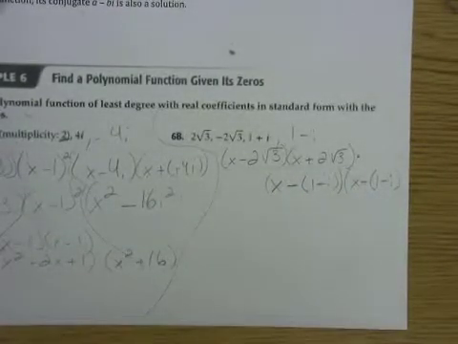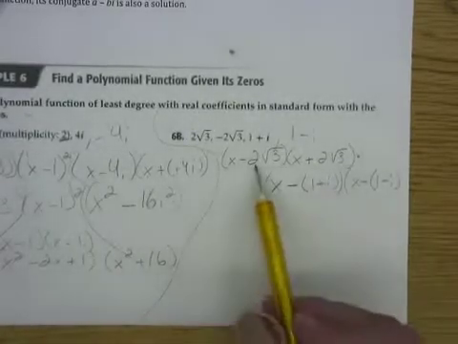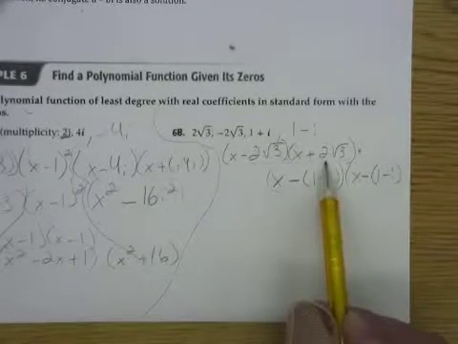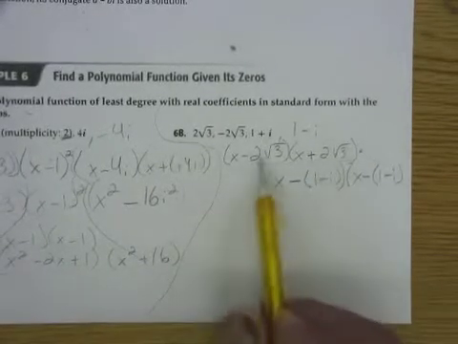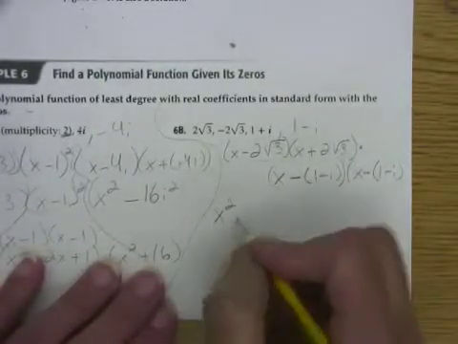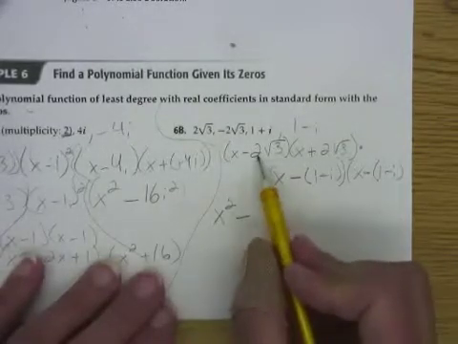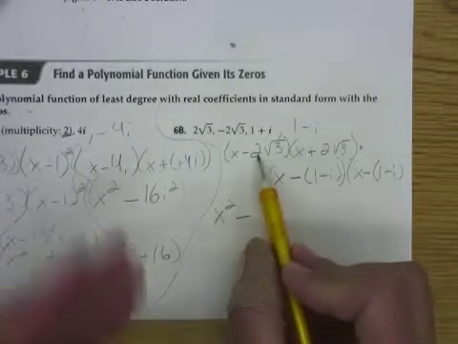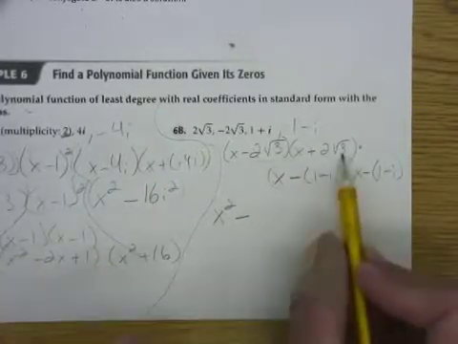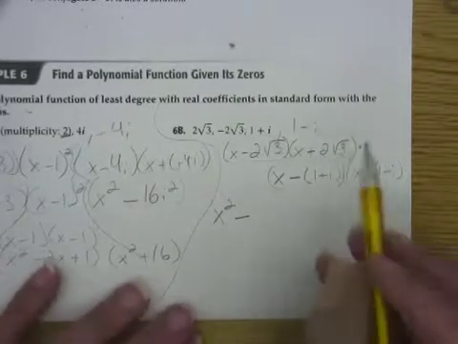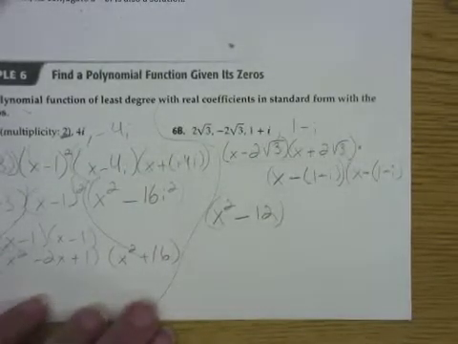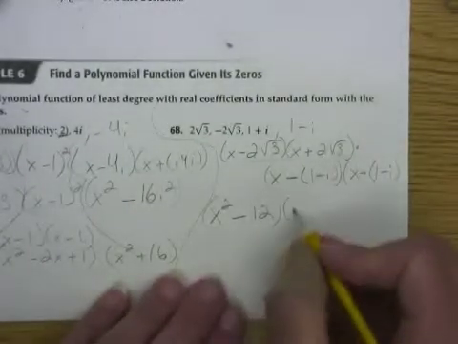These, once again, take your shortcuts where you can get them. If you've got two binomials that you're multiplying together and you know that multiplying them together will give you a difference of squares, use that. So when I multiply these two things together, I will have x squared minus the quantity 2 radical 3 squared. Well, remember how to do this. You're going to multiply the 2 times 2, that's 4. Square root of 3 times square root of 3 is 3. And 4 times 3 is 12. So I have x squared minus 12 times